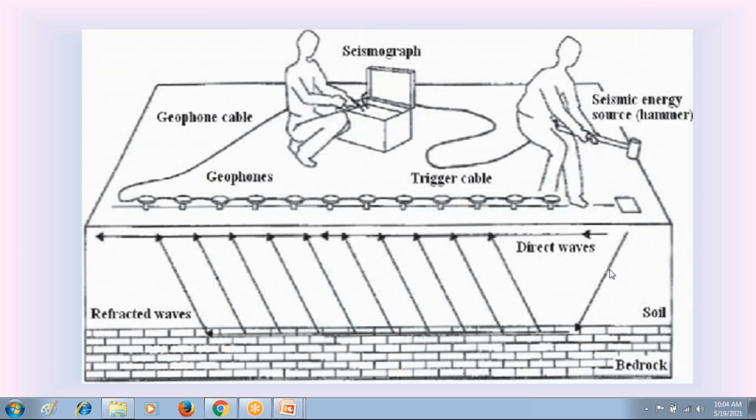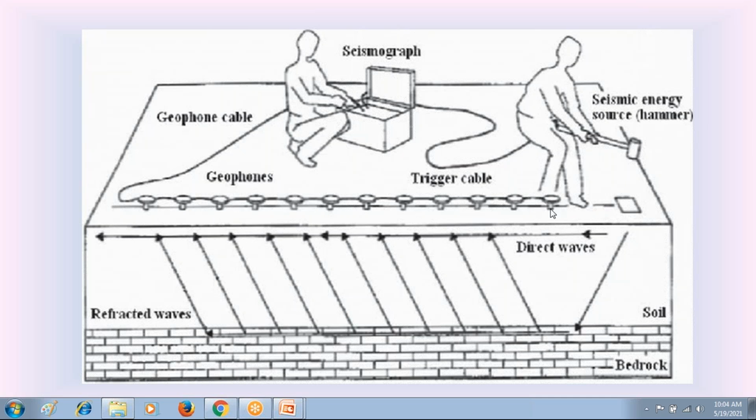Those shock waves are seismic waves. They are traveling inside the ground level. So here the shock waves are moving inside the ground level, and also some shock waves are traveling only in the first soil layer. Then from this source at regular distances, we arrange these devices. These devices are called geophones. These geophones receive the shock waves coming from the ground level.